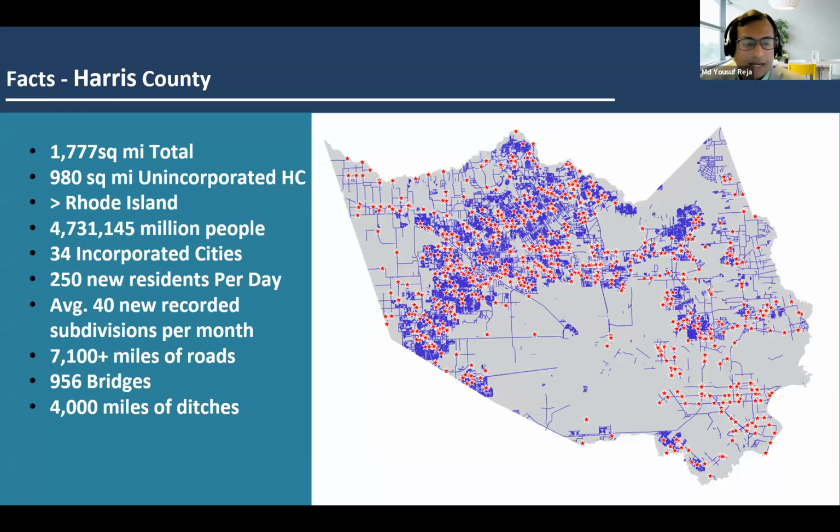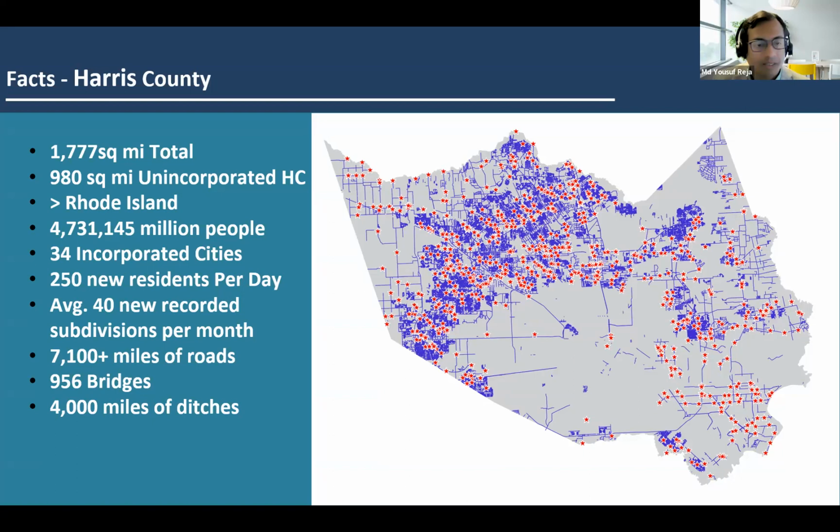So we're increasing the efficiency by going into a platform that allows us to do all of those things in one shop. As you can see, Harris County has more than 7,200 plus miles of roads if we talk about roads as our infrastructure assets. And you can look at the numbers: we have 956 bridges. And I'll show you in a moment that we're going to be extracting other assets that we would like to keep track of and maintain, so that we can talk about their life cycles down the road. Those are the facts that we have to deal with moving forward when we bring them into the asset management